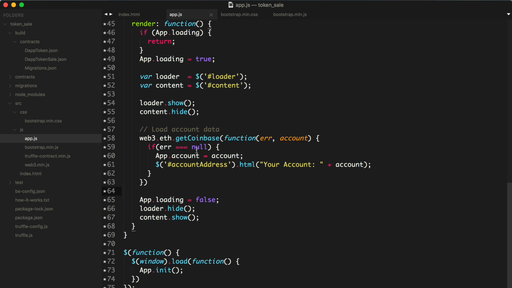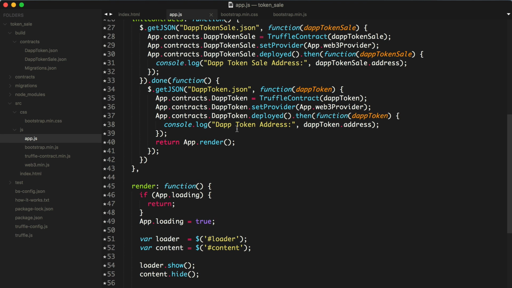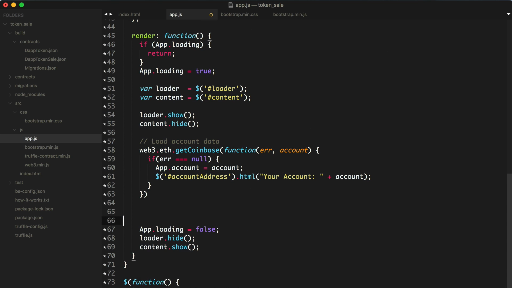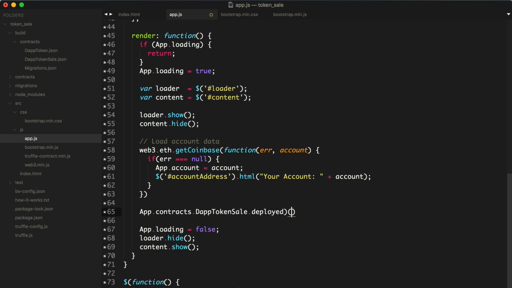So let's go ahead and start getting some of these values filled in from our smart contracts. This is kind of the exciting meat and potatoes part of the tutorial. So first, what we can do is grab our token sale contract that we added here. App.contracts.tokensale, and we'll fetch this a lot like we did in the tests. So we'll say app.contracts DappTokenSale. Sorry, should just use tab to completion. Deployed,